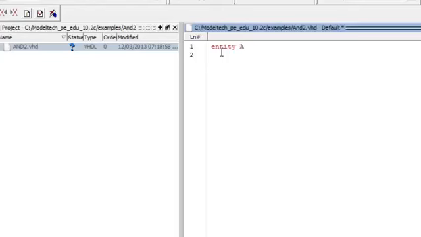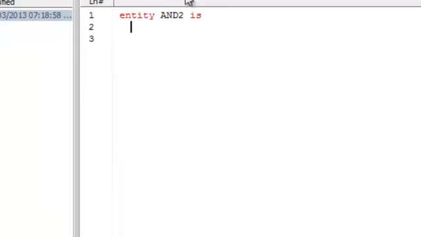Give the name to your entity. Everyone knows that this entity is basically the interfacing part. The whole entity declaration is the interfacing part. It tells about your inputs and outputs to the other components which are going to be linked to you in the future. VHDL is all about modularity. If you want to see the basic things in VHDL, you should see my other lectures which I have done on it. But for now I am just giving you small tips on this. So entity is basically your interfacing.